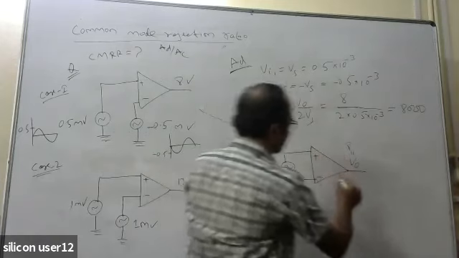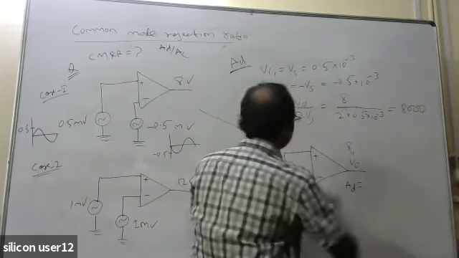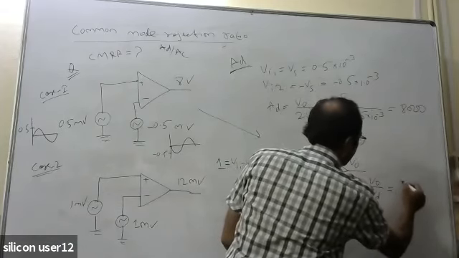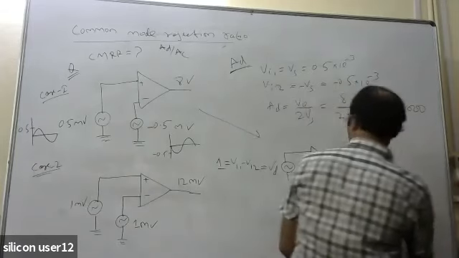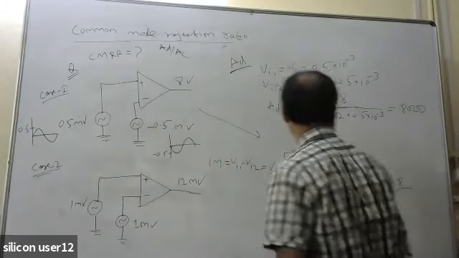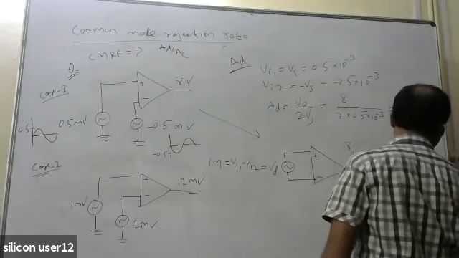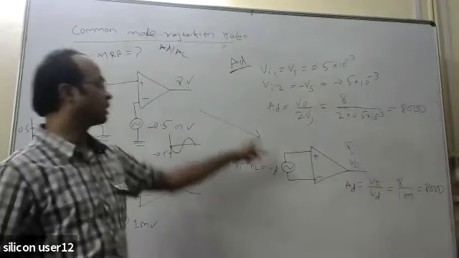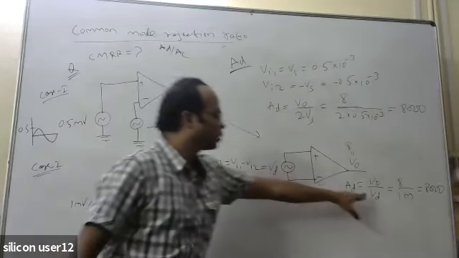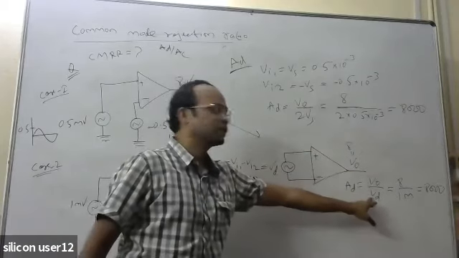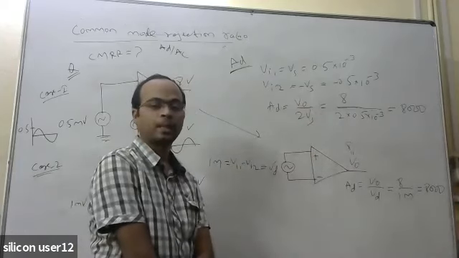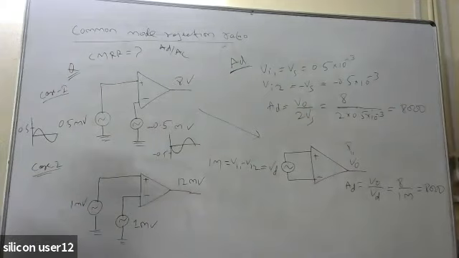8. So you can also calculate it like this: AD equal to V0 by Vd, so it is equal to 8 by Vd, which is 1 millivolt, so that is equal to 8000. So that means both the things are the same. Previously, instead of Vd you were putting 2 Vs, because I know that this Vd equal to twice of Vs. So here I am putting 2 Vs.